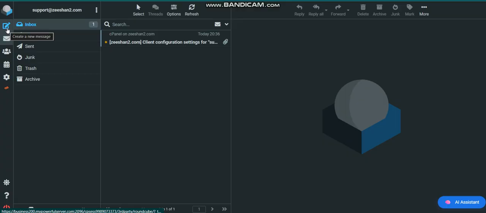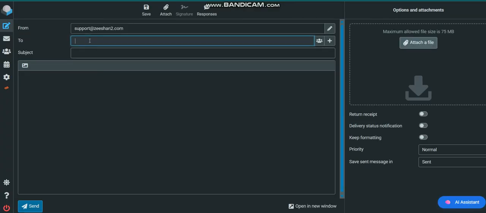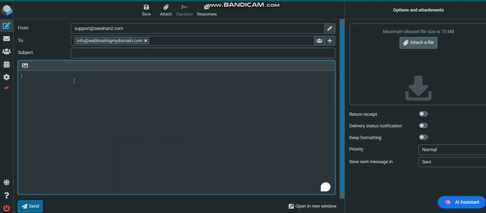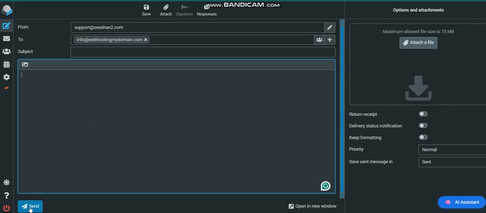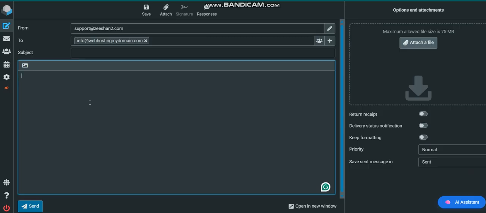Right, here you can click on compose and it will allow you to email another person, like info at the rate webhostingmydomain.com. Right? Here you can write the subject line. Here you will write your email body and just click on send. And this will send the email to that respective email address. This is how